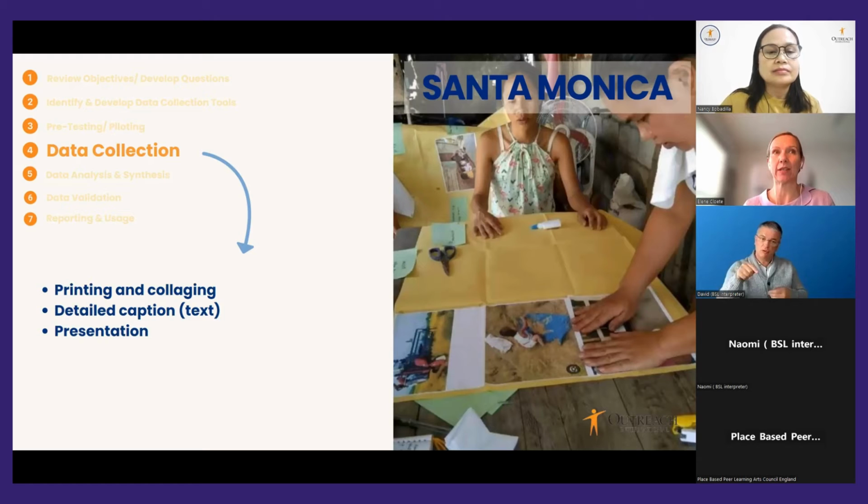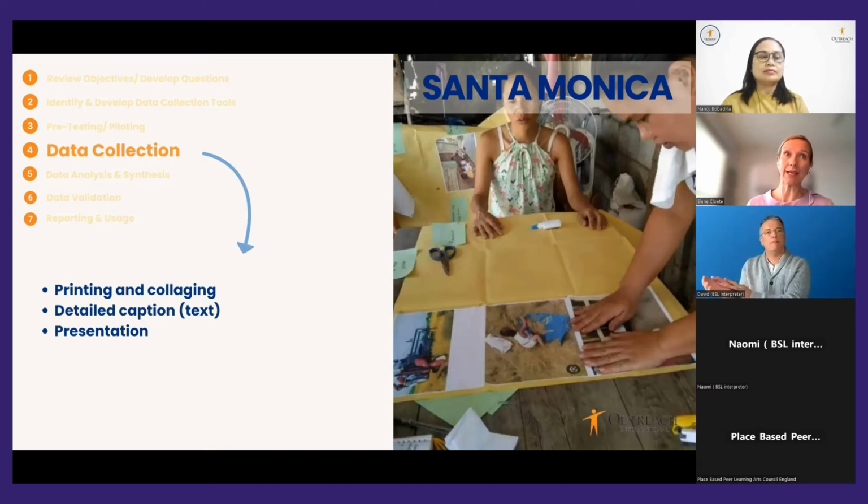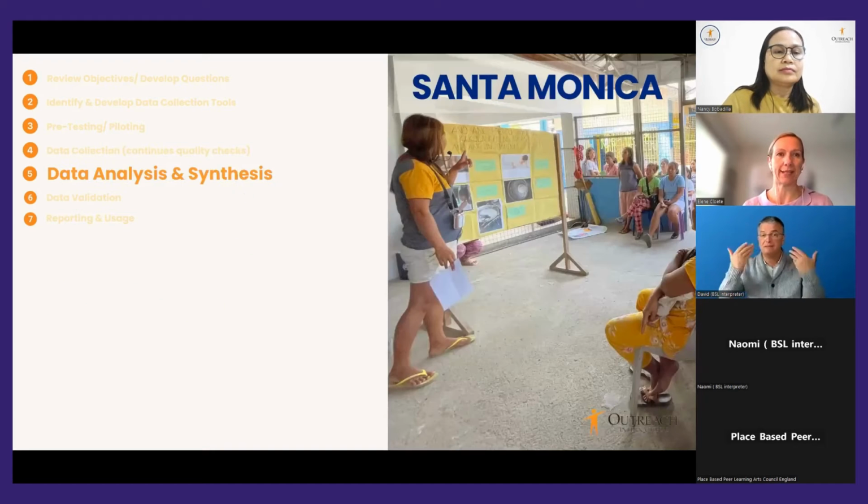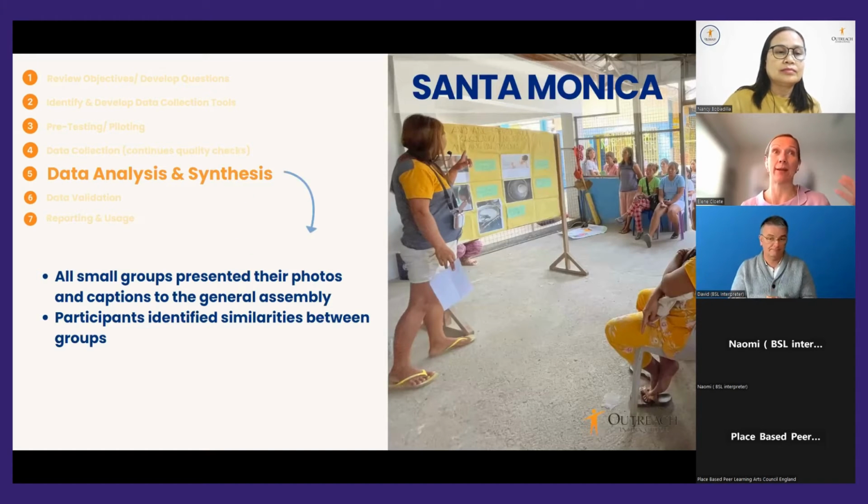In addition to that, the leaders also wrote out very detailed explanations reflecting the focus group discussions they had in response to their research questions. And that then made them ready for presentation to the larger group. So each hamlet would take their data back to the bigger group. All of these activities took about a week, and that made them very ready to present and analyze their data within a larger group setting. And that's then step number 5.